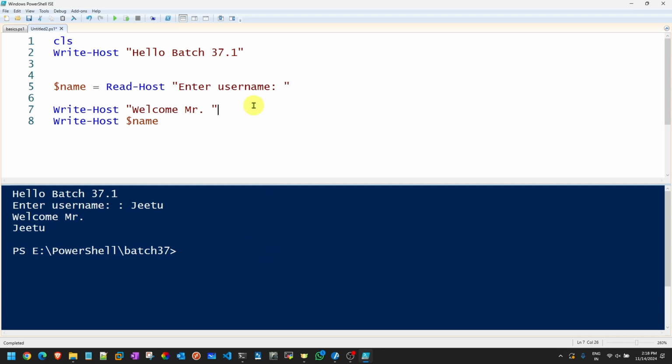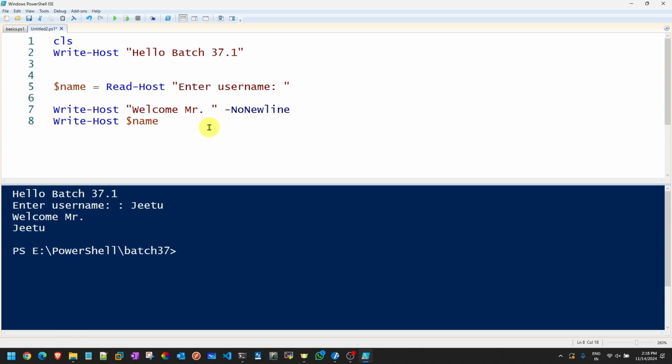So here on line number 7 I have to use a parameter called NoNewLine. The work of NoNewLine is to make sure that the very next output continues on the same single line. It works only for one line. It does not mean that whatever is written after that will all be on a single line. No, only the immediately next one, which is this one.